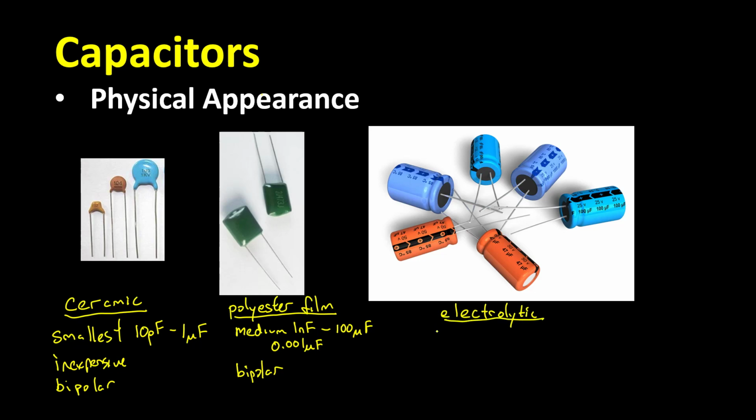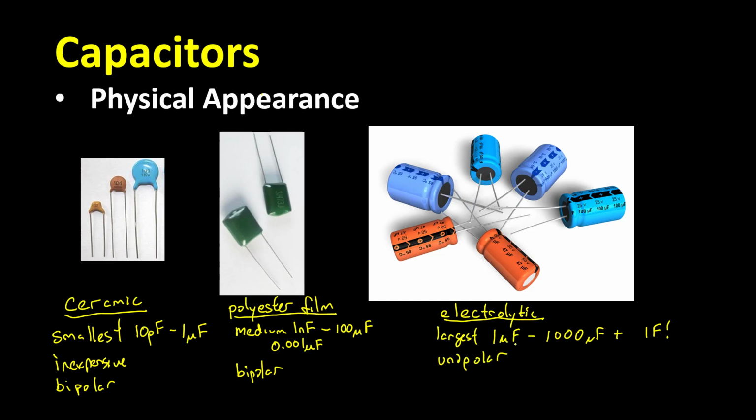Now, electrolytic capacitors are the largest. They're largest both physically and in value. They're available typically in ranges from about 1 microfarad up to, well, easily 1,000 microfarads and bigger. In fact, there are super capacitors that are available even in 1 farad and higher ranges. Electrolytics are the largest, and they are also